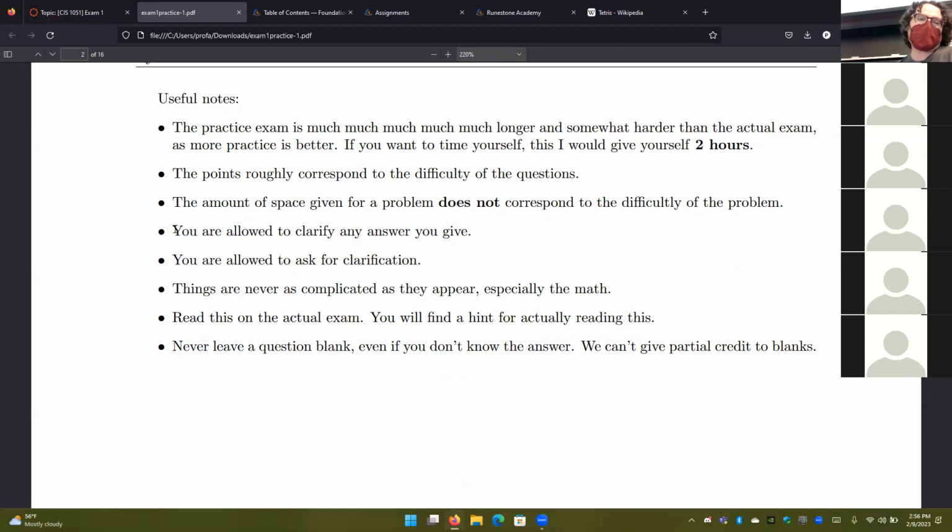These are possibly the most important points for the exam: you are allowed to clarify any answer you give, and you're allowed to ask for clarification. My friend who was a PhD student around the same time as I was, and who taught his own courses, would often say every question is an essay question, including the multiple choice. If you are making assumptions and you feel like they're worth mentioning, feel free to write them down.